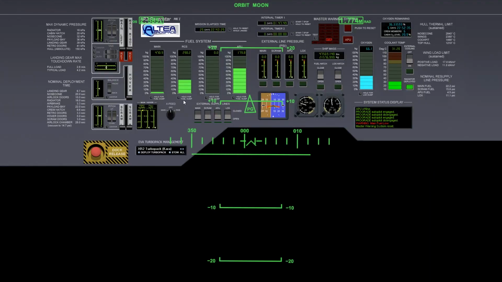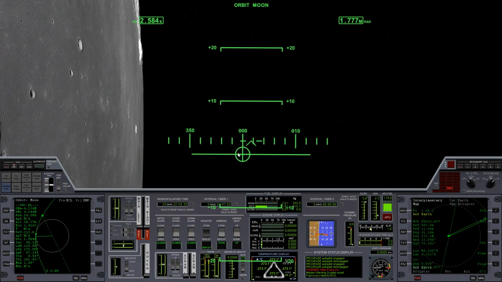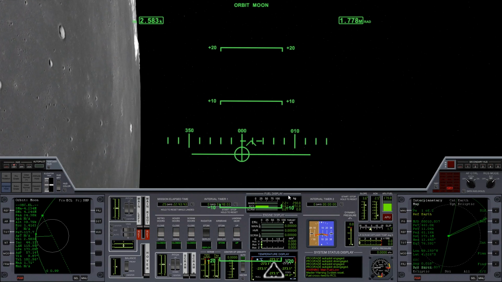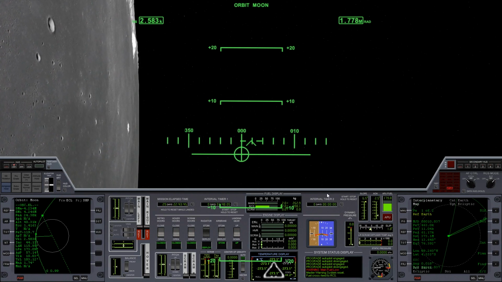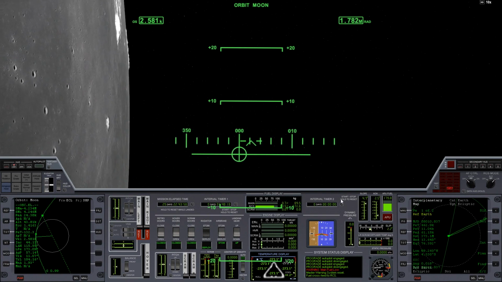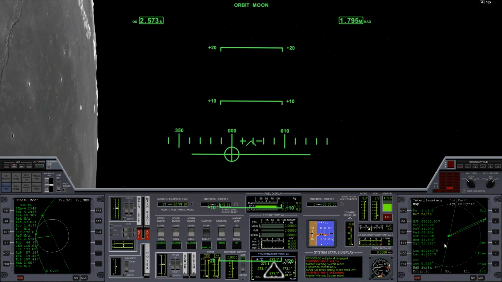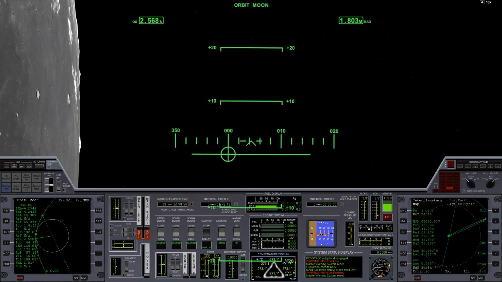We have completed the burn. Let's just transfer everything from our main tank into the RCS tank. This is going to be a single burn operation. We will really not have to do any other burns at all. The map program on IMFD is so accurate that basically it's going to take us right where we wanted it to.